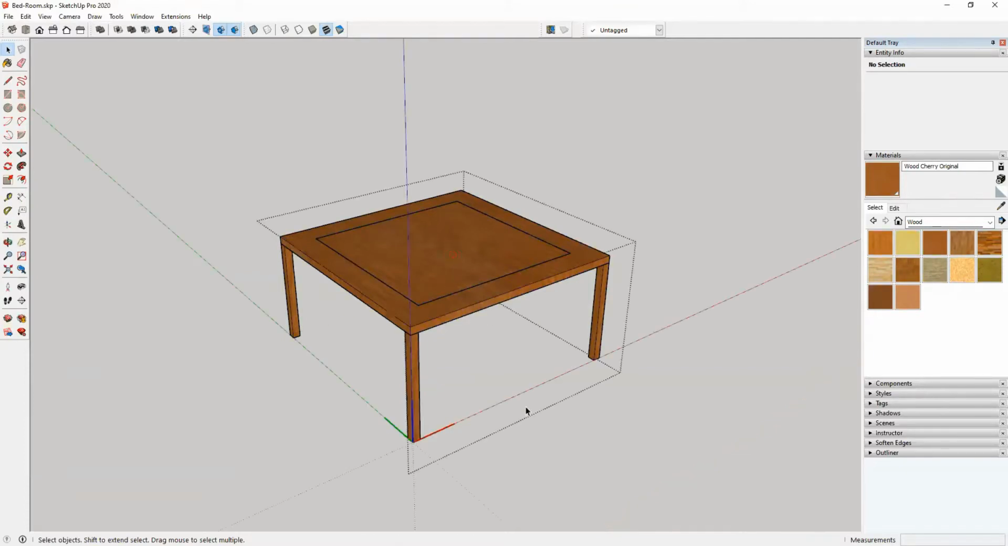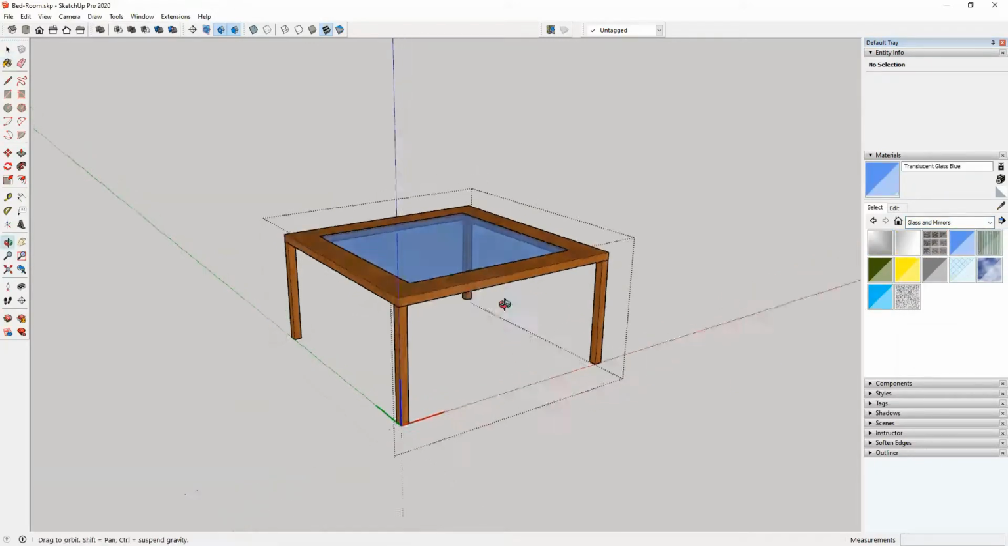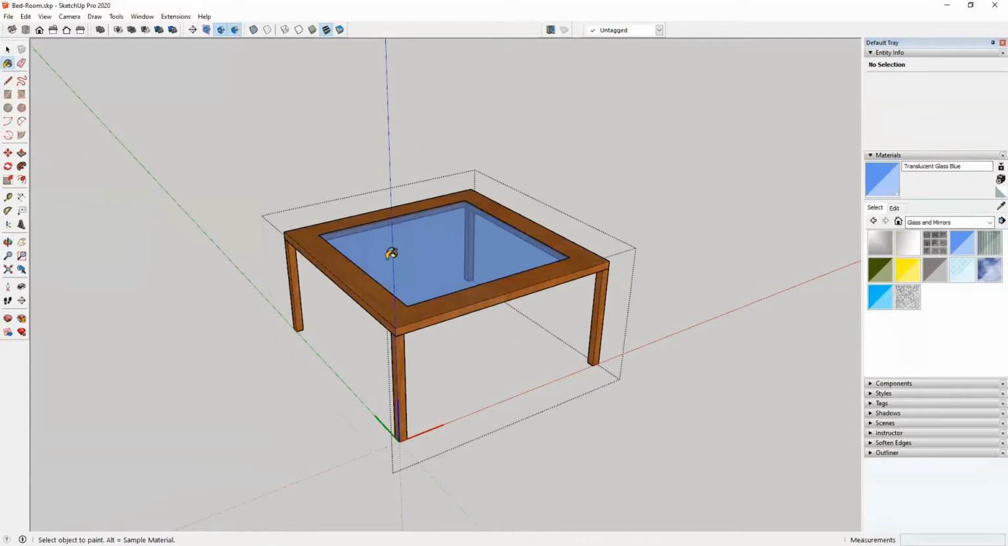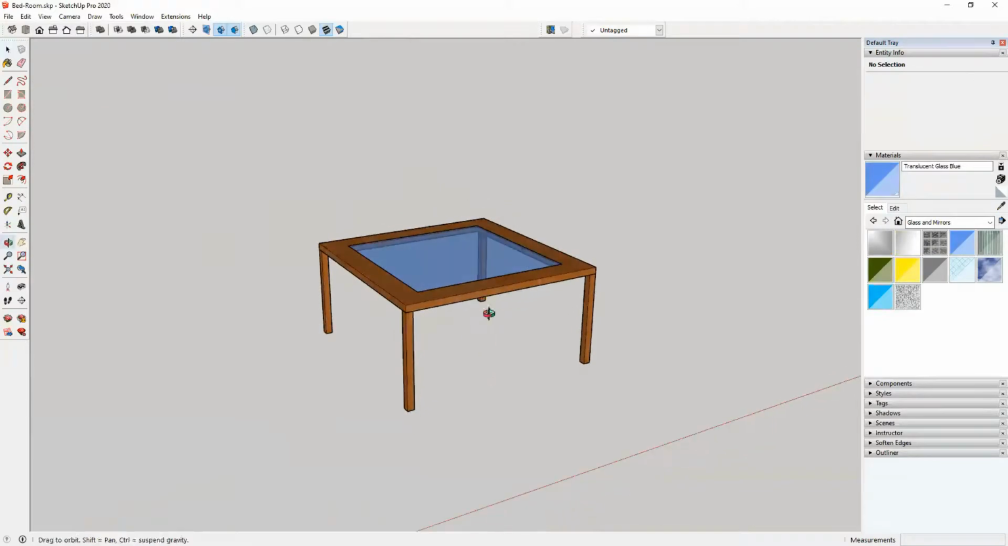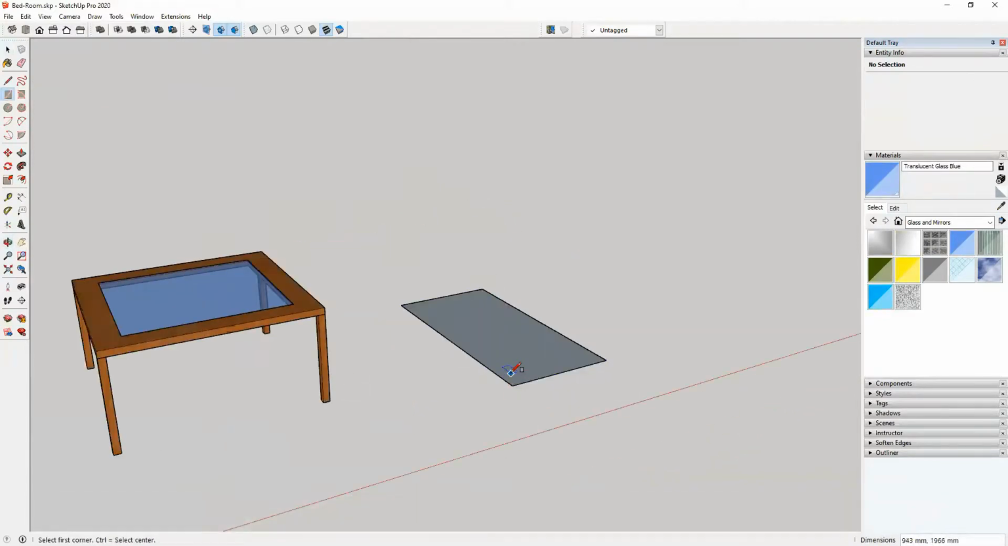But if I apply a new material, let's say for the glass, and apply it here, now what is happening? Since I applied it inside the group at an individual group level, it will pick the material from the lower level basically. So to explain this in a better way, let's have a group